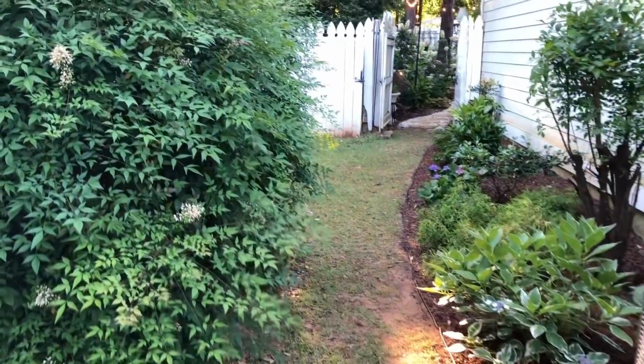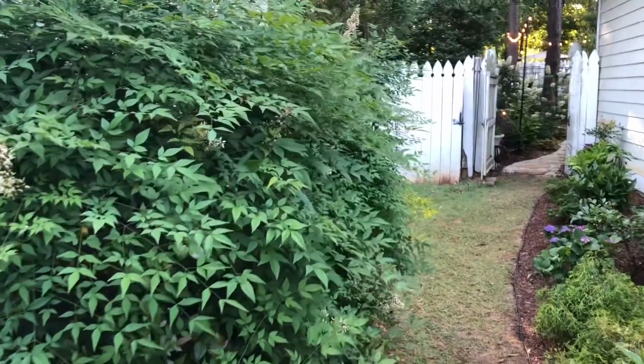Some beautiful Nandina domestica that I have